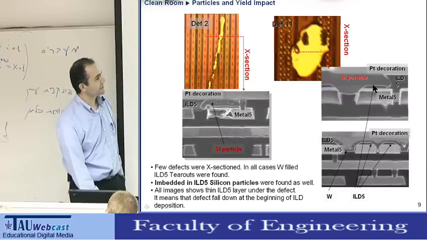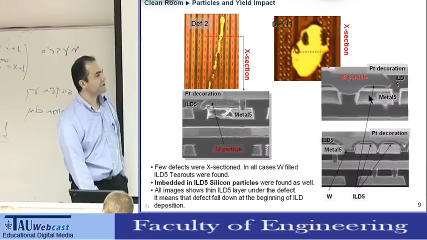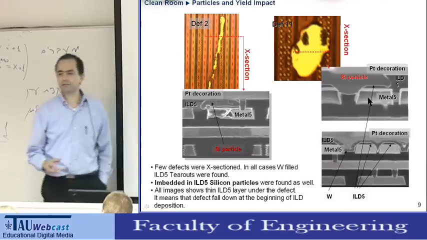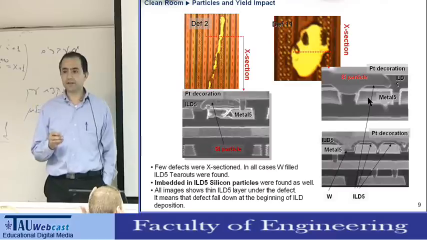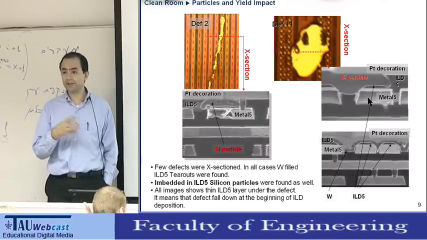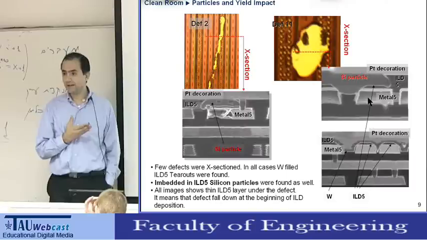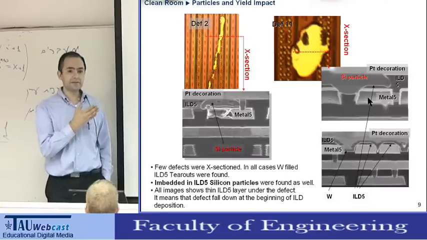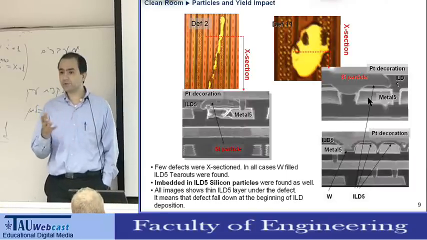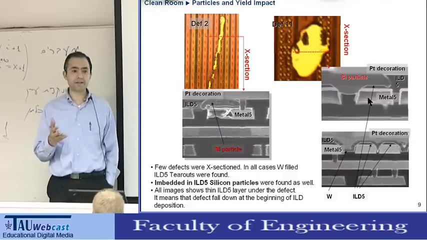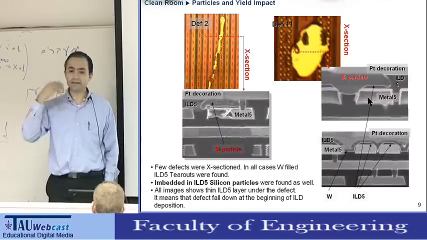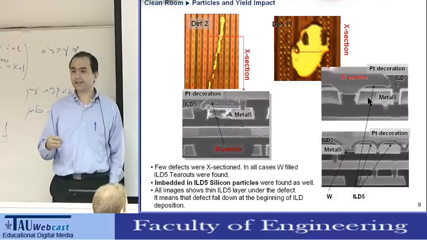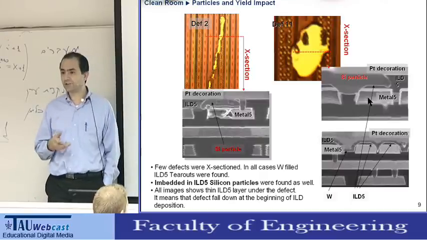This is a cross-section of the silicon particles, and you can see that it is bridging between two metals. This is actually the worst case, because bridging between two metals could be, if the silicon is conducting, a short and it would kill the die. But if the silicon in these conditions is close to intrinsic silicon or very low doped silicon, it might not short the metal lines. But then at the customer, it might get heated, get better conduction, and then short the